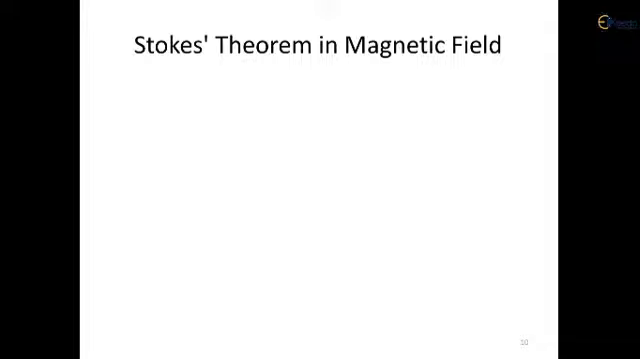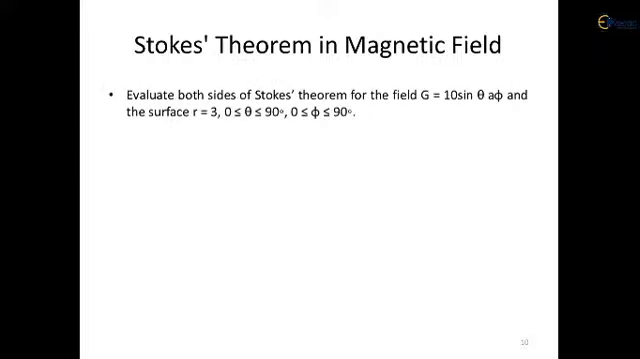Now the statement is: evaluate both sides of the Stokes theorem for the field represented by capital G equal to 10 times sine theta into a phi unit vector, and the surface that is defined by r equal to 3, theta ranges between 0 to 90 degrees, phi angle ranges between 0 to 90 degrees. The problem statement continues: let the surface have the a_r direction, and the Stokes theorem will have